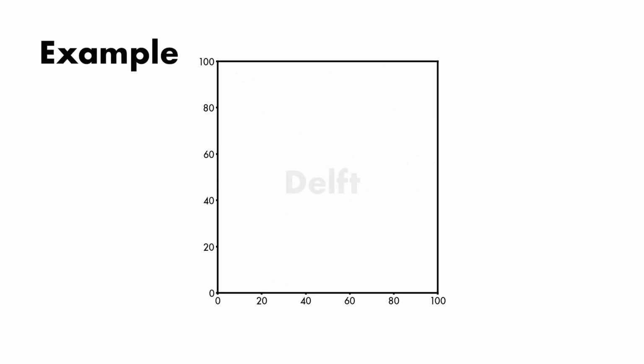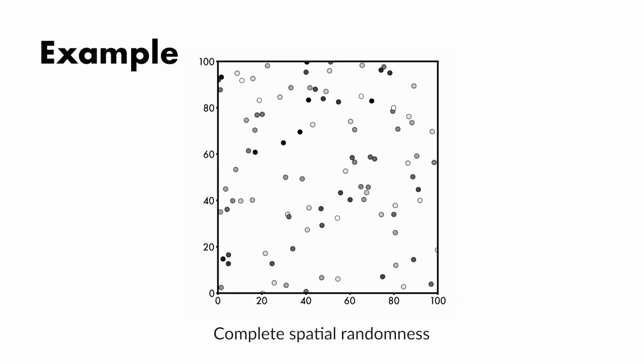So imagine that you have a region and you want to see, or you want to simulate, or you want to study how houses are dispersed, are spread around a certain region. In that case, you can use a point process that is completely random, that we call complete spatial randomness, and you will have a result similar to the one that you see here.